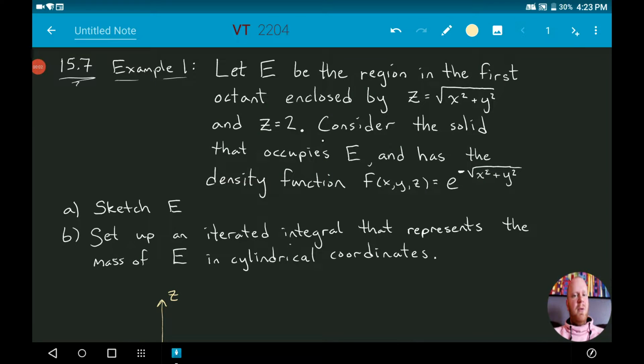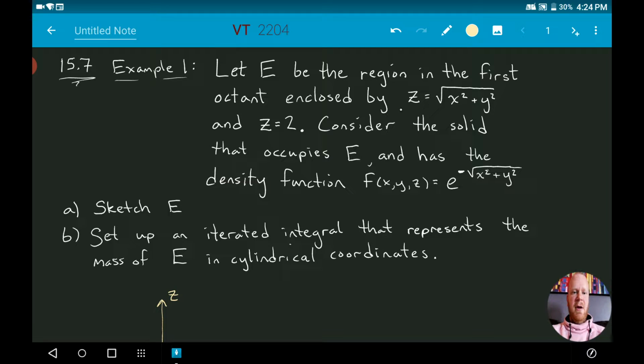For this example, we're going to be sketching a solid that's bounded by some surfaces, and then we're going to use that sketch to set up an iterated integral for the mass of that solid. And if you look at the equation for the mass of the solid, that's where we're going to use this density function here. But for the first part, when we just want to sketch that solid, there's three things that